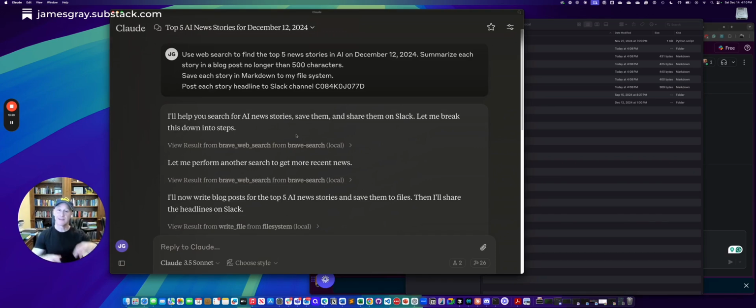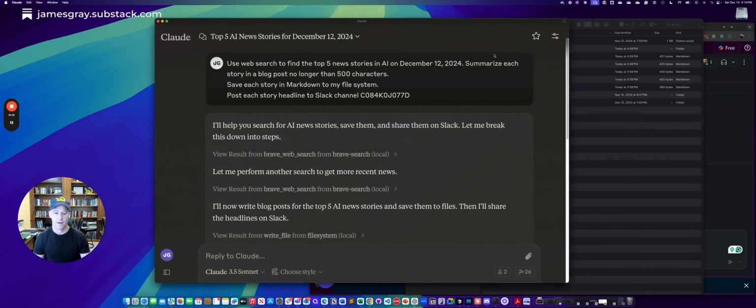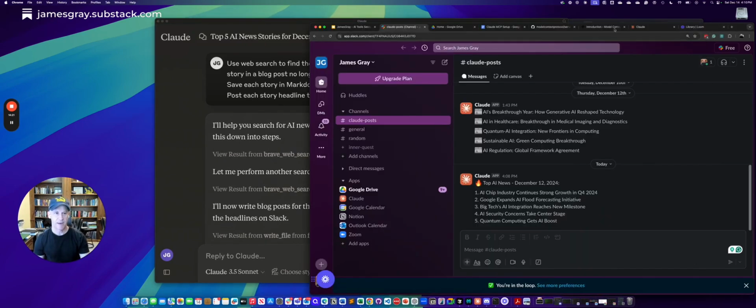It reasoned, it broke it down, it looked at the tools that it had, it executed those actions, and then it actually came back and ensured that those files were generated and that there was kind of closure at the end, right? So kind of memory and getting to the outcome. So I don't know about you, but I think that's pretty cool. Just from a couple lines, probably you do some of that manually.